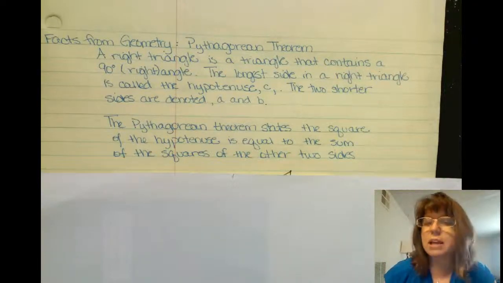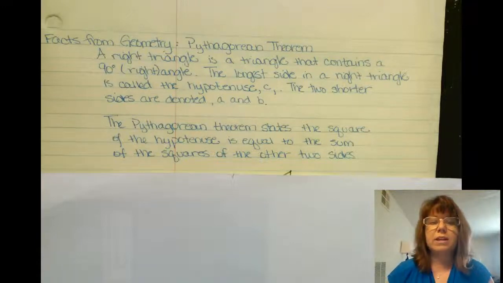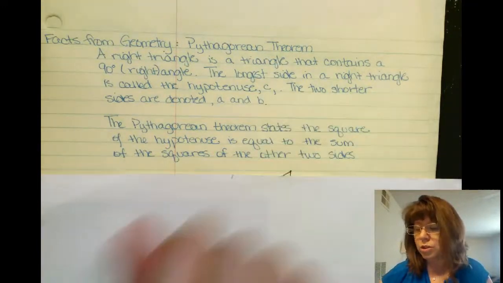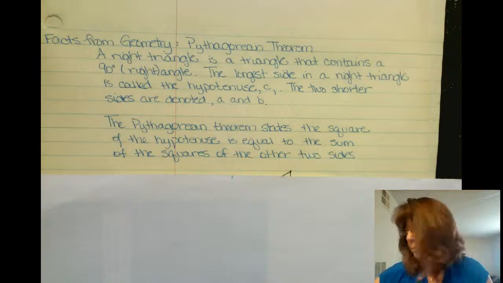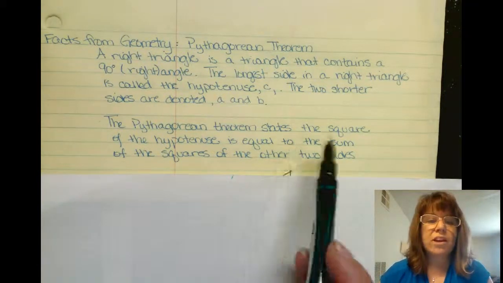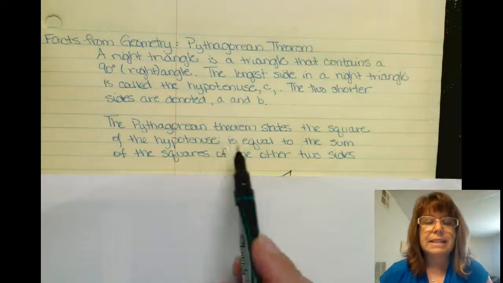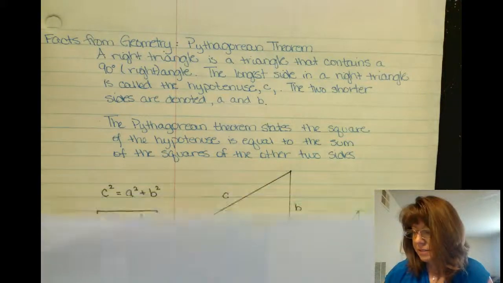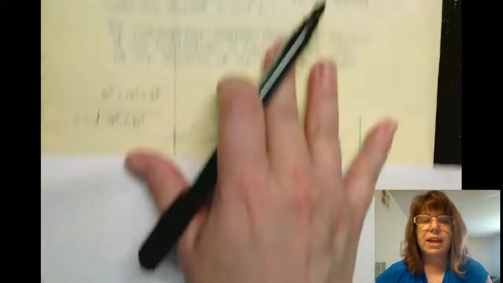The longest side across the right angle is called the hypotenuse, and we usually label that as C. The two shorter sides are usually labeled A and B. Now, the Pythagorean theorem states that the square of the hypotenuse is equal to the sum of the squares of the other two sides. So visually what that means